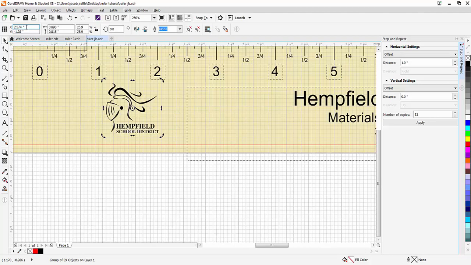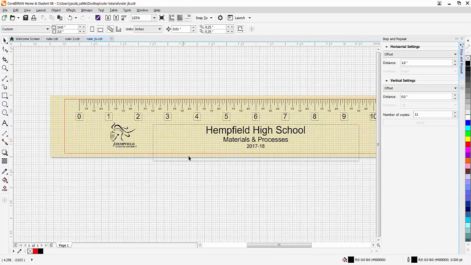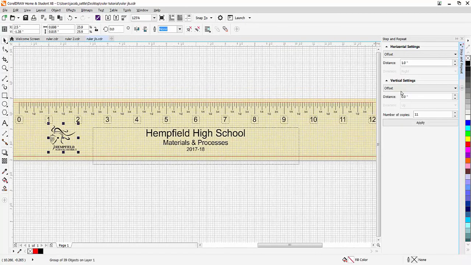So if I want, I can type in that exact value. So I can say, okay, well, I want this to be at 2.5. So it's centered right in between there. And if I want one on the other side, I could use that step and repeat. I can just copy and paste it and drag it over there. So if I want to do like Control D, I can grab this, I can bring it over